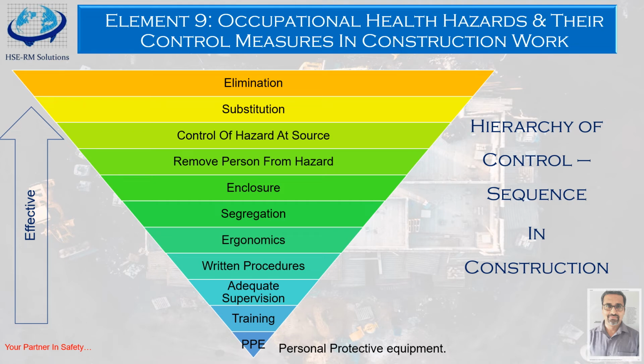Here equipment and men both are to be incorporated. Then, can you control the hazard at source? Now there are ways and means that a hazard can be controlled at source. First and foremost, you need to know where the hazard lies. Now, if the hazard is there, then whether you are able to control it on site at source. How can you do that?